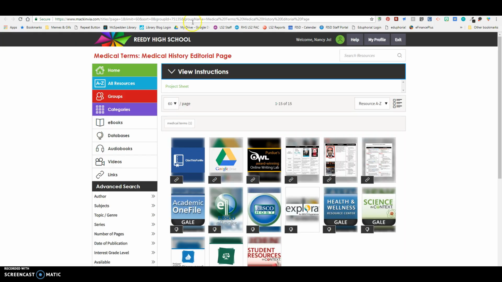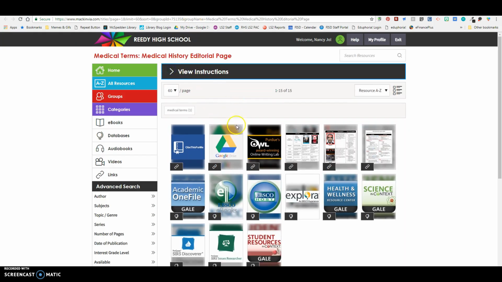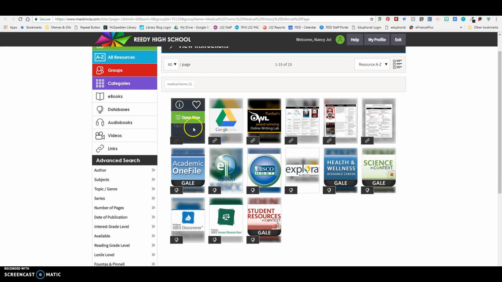In the Mac and VIA group, you have the Cite This For Me app, although for this assignment you shouldn't really need that. You shouldn't really probably need to go out on the web at all. So your best medical resources are going to be in these databases. The reason I say that is because if you go online, all of that information is going to be free, and your best sources are going to be in here because